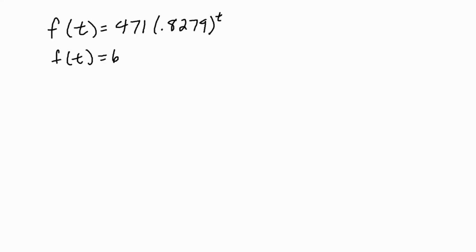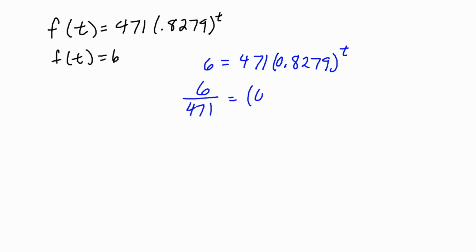So now that we have our equation, we can substitute 6 equals 471 parentheses 0.8279 to the t power. Divide both sides by 471. So 6 over 471 equals 0.8279 to the t power. Next step is to take the log of both sides. So I have the log of 6 over 471 equals